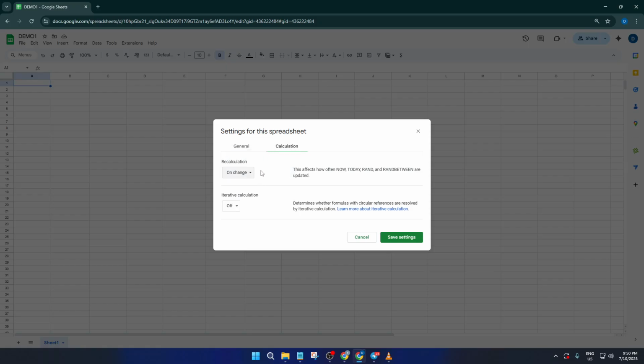If you select On change, Google Sheets will only update your formulas whenever something in your sheet actually changes. So if you type in new data or edit a cell, the formulas will refresh automatically. This option is great if your data isn't tied to live feeds or external links and you want to conserve